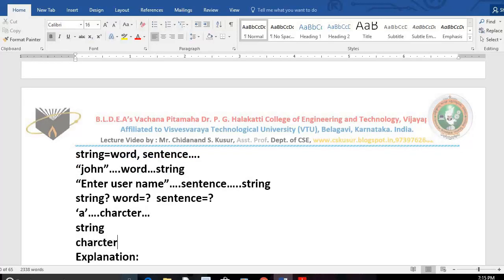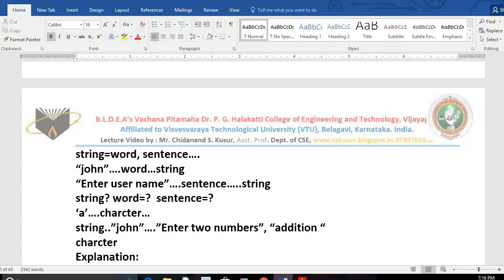String means shabda, or string means sentence. For example, "Enter two numbers" or "addition is". These are all text messages. You can call it a string. How to read a string, how to process a string, how to show strings, we learn in forthcoming classes.